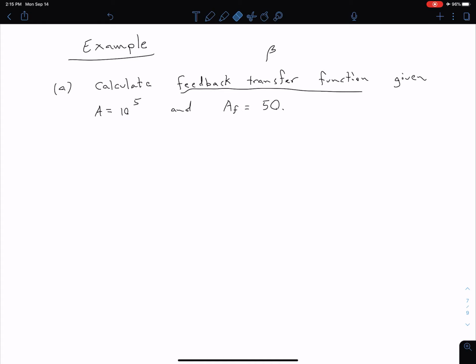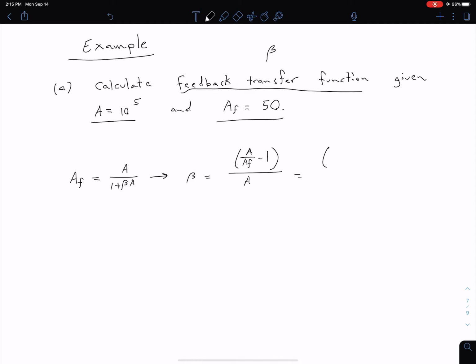Remember, our A is going to be our open loop gain, and our A sub F is going to be our closed loop gain. We know from our basic equation that our closed loop gain is equal to A divided by 1 plus beta A. Of course we can just rearrange this to solve for beta. So beta is going to be equal to A divided by A_F minus 1, and all of that divided by A. If we plug in our values, we have 10 to the fifth for A, 50 for A sub F, minus 1, and we divide that by 10 to the fifth, and we get that our beta is equal to